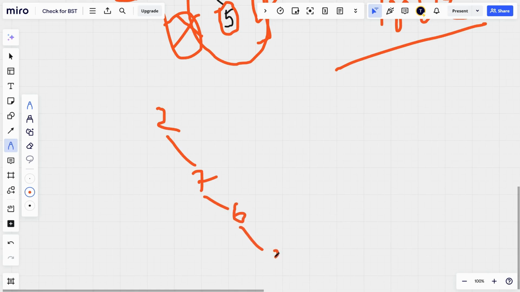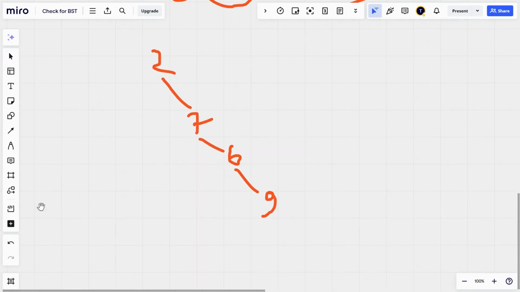2769. Okay, this is given, and in this you can see for this node value it is not satisfying our BST condition. Because our goal is all right side values will be greater than left side values.